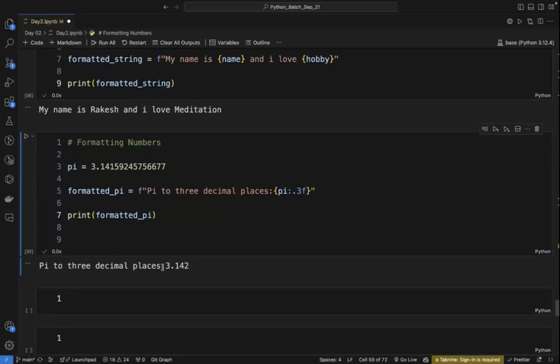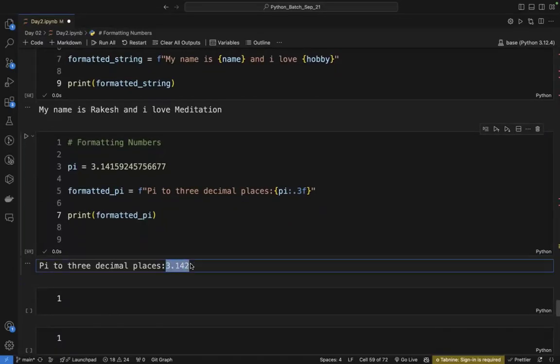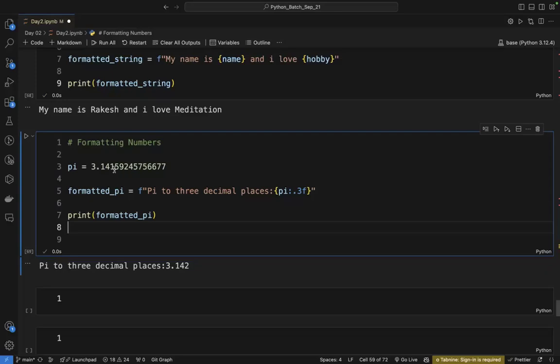Pi to 3 decimal places is 3.14. It's a round up, Anup sir, or round down? It's a round up value till 3 decimal places. If this value becomes 1.1415,